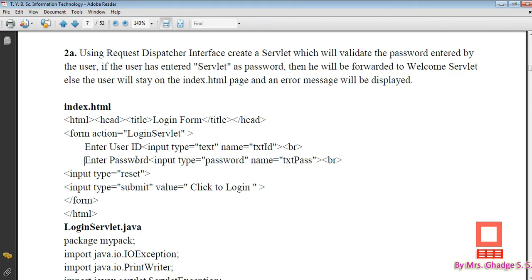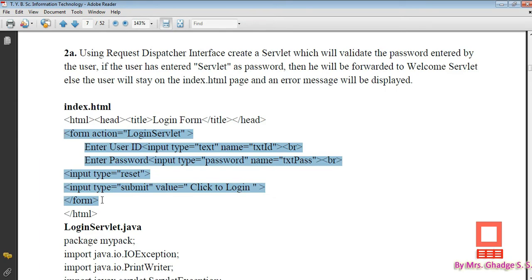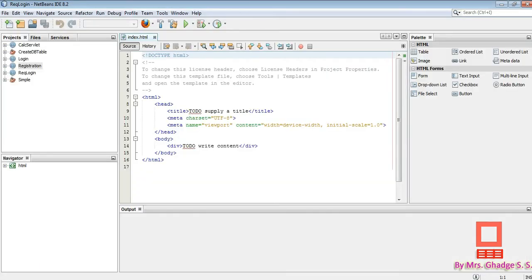Then enter password. Again, input type is password, and then the name property is txt pass. Okay, and there are two buttons, reset and submit. I just copy it, okay, and place it in the body tag.